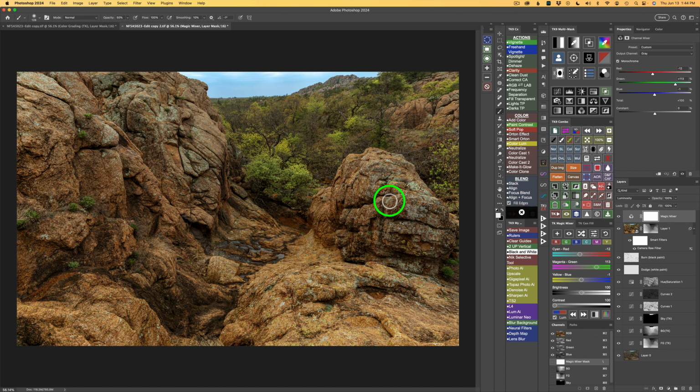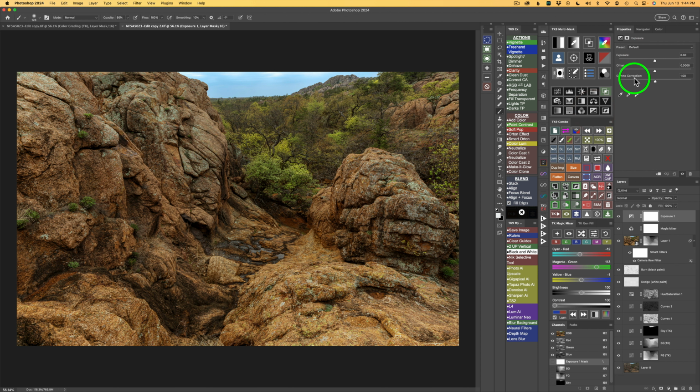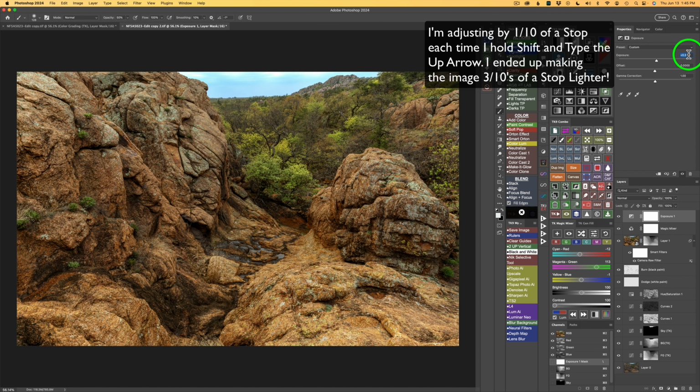And next, I want to lighten up the overall image. To do that, I'm just going to click on this button on the multi-mask panel, which gives us an exposure adjustment layer. I'm just going to highlight this field by clicking on it, hold my shift key down, and click my up arrow one time. See how it gets a little lighter? I'm still holding shift a second time with the up arrow and one more time with the up arrow,